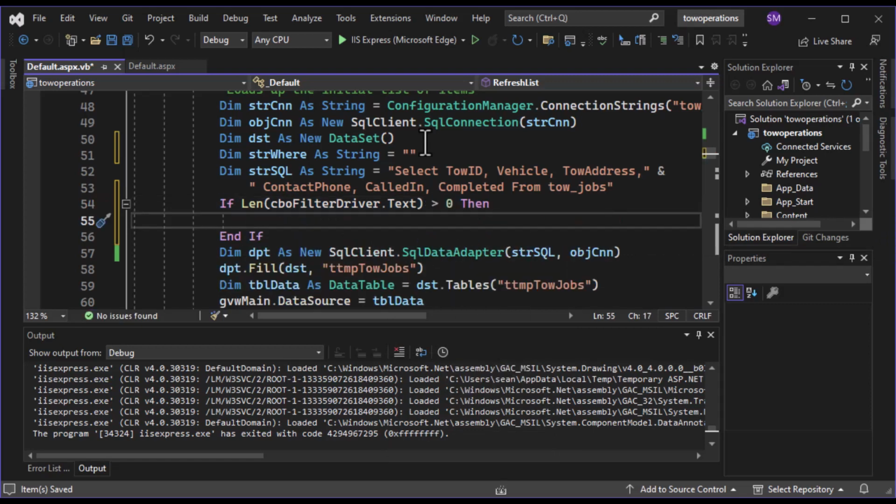And then what we want to do is we're going to do some work before we create our data adapter, and we're going to do some work after we create our data adapter. The work we're going to do before we create our data adapter is to check those controls, the combo box or drop-down list, as you might say, and the text box. We're going to see if the text entries in there have a length that's greater than 0. And if they do, then we're going to add them into our SQL string,